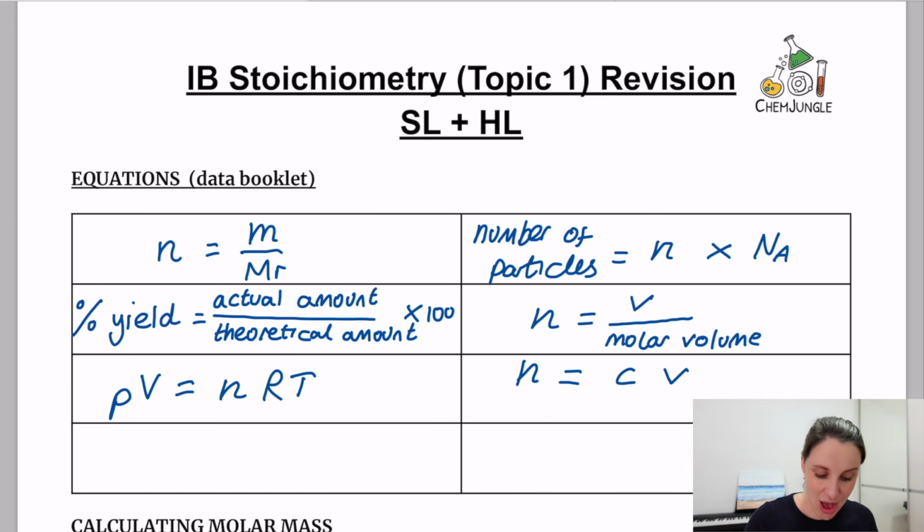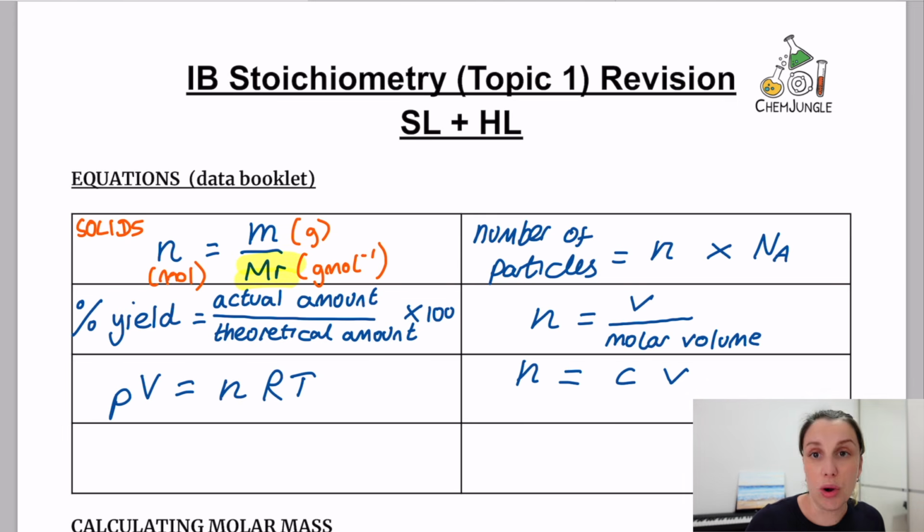So the first one, hopefully you feel familiar with. It's used exclusively for solids. What we've got is N, which is the moles, measured in moles, and that's equal to the mass in grams divided by the molar mass or relative molecular mass, depending on what you're doing, in grams per mole. Now what we're going to do here is highlight the molar mass in yellow